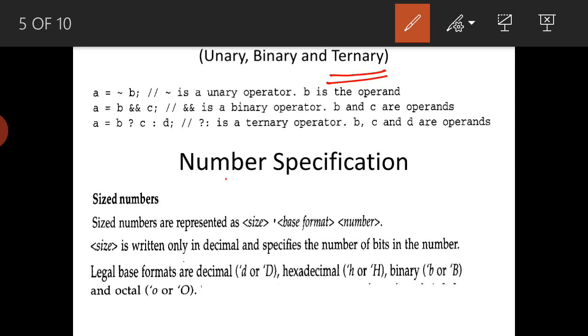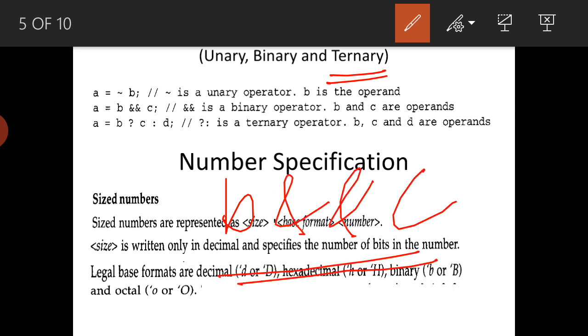This B and C will do the AND operation between B and C. For example, if both values are 1 and 1, then A is 1. If any one of the operands is 0, then the output is 0. That is the AND truth table. Similarly, the first one is negation. If B is 0, then A will be 1, the negation of 0. If B is 1, then the negation of 1 makes A 0.